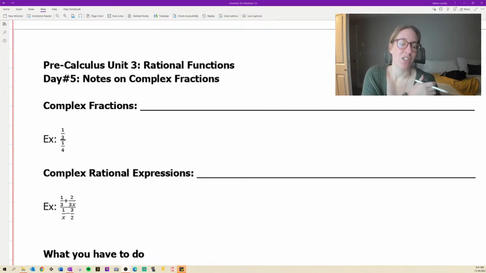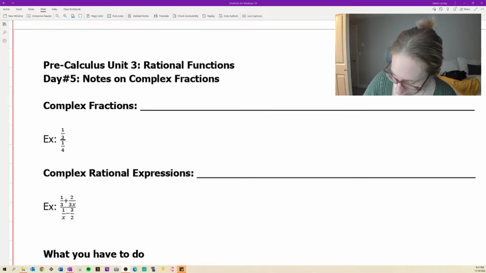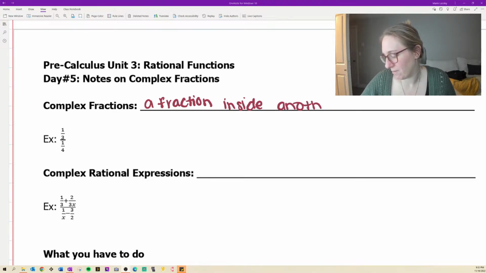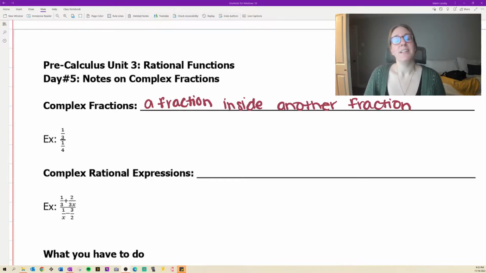So first off, complex fraction. So a complex fraction is simply a fraction that is inside of another fraction. All right. So complex fraction, a fraction inside another fraction. All right, so a fraction inside of another fraction. All right, so if you look at the example we have here, we have 1/3 over 1/4. All right, so it looks pretty scary, but really remember, the main thing to remember is that this is just